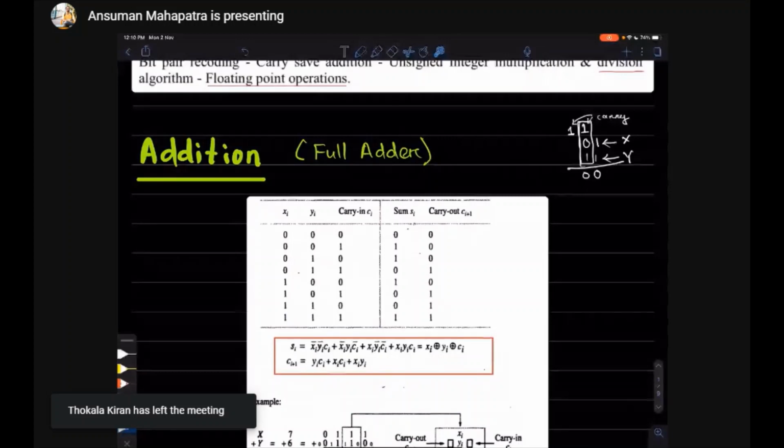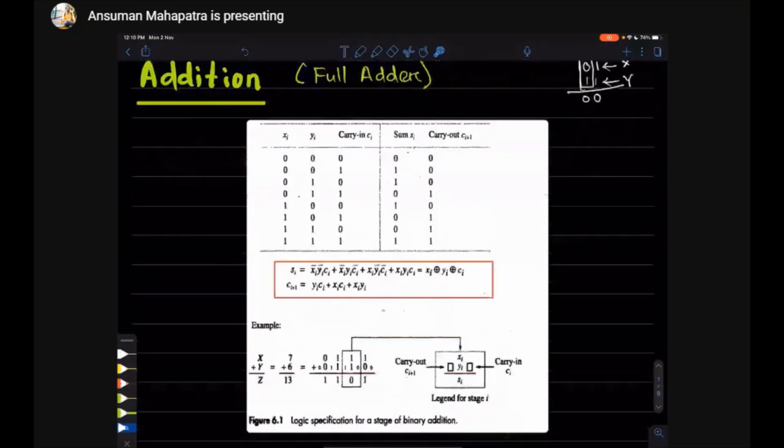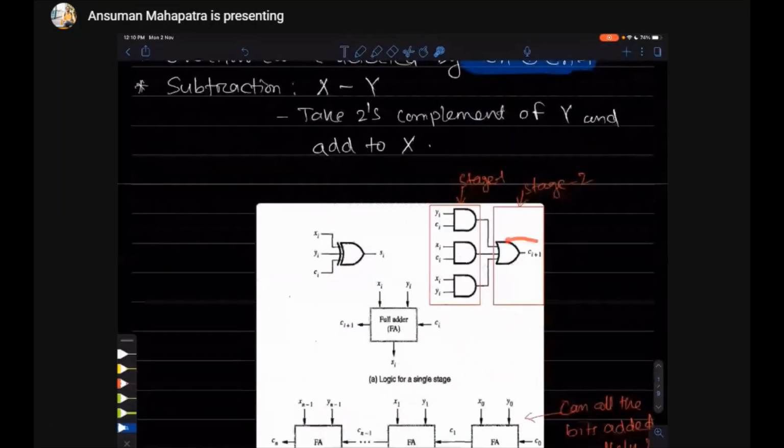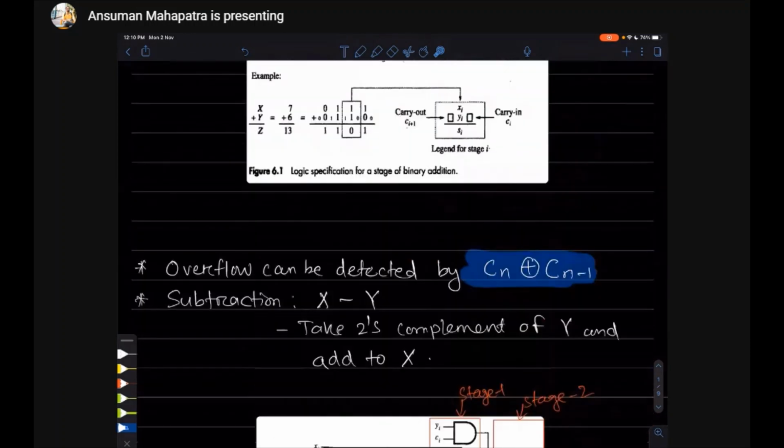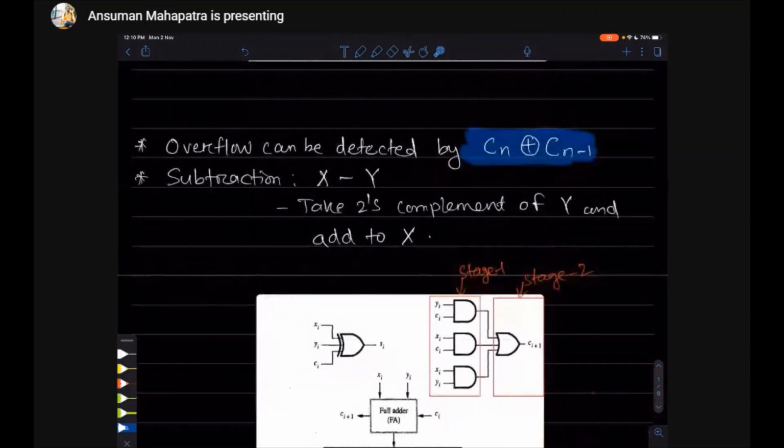Okay, so if we implement ci plus 1, you need 3 AND gates and an OR gate. If the OR gate is taking 3 inputs, then only 1 OR gate is needed. If the OR gate is only taking 2 inputs, then you have to put 2 OR gates. Okay, so in this case, this is the Si.